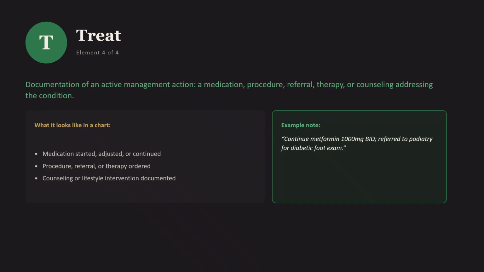And last but not least, we have T for treat. Treat is usually the easiest element for coders to find because it's the most concrete. It's like a medication, a procedure, a referral, a therapy, or maybe counseling that addresses the condition. In a chart, this would look like maybe medication started, adjusted, or continued, a procedure or referral ordered, maybe documented